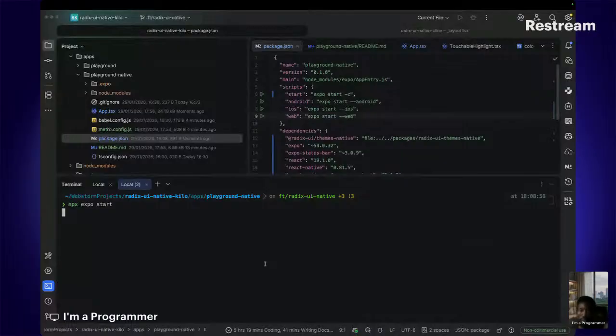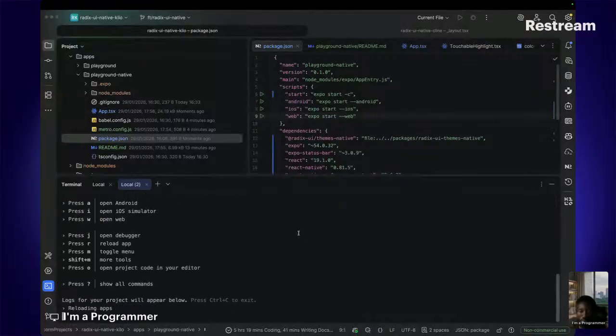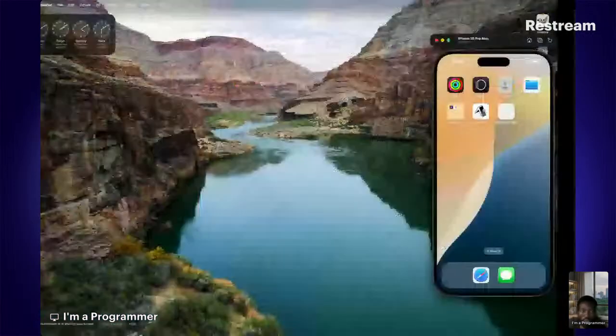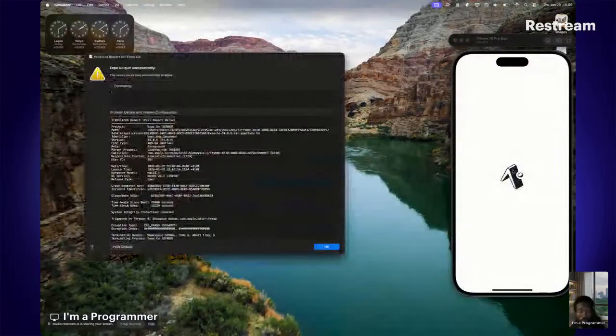Expo starts, npm expo starts. So it's going to restart that. I'm going to reload the app itself by clicking R. So R here will reload the app, but it's not on. So I have to click on I to open the simulator. It's going to